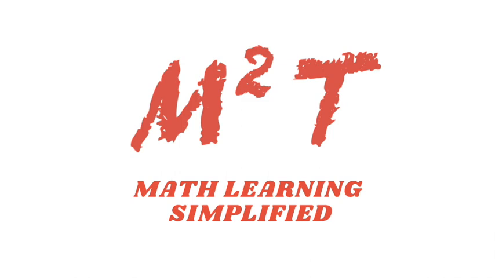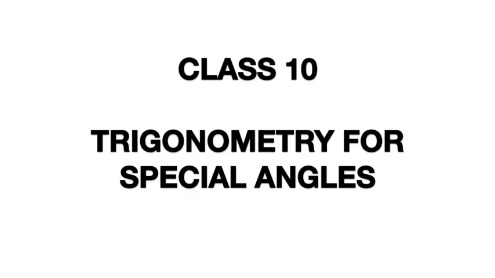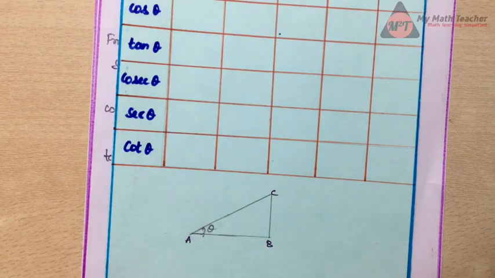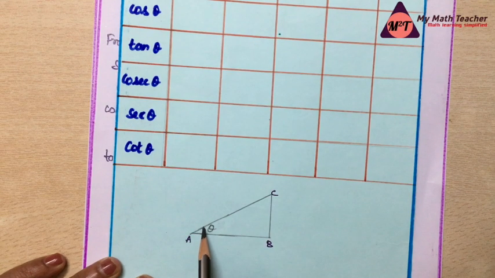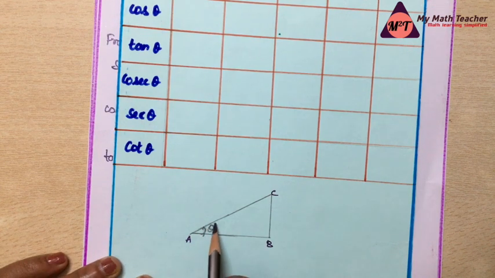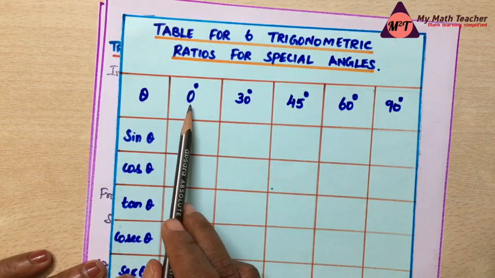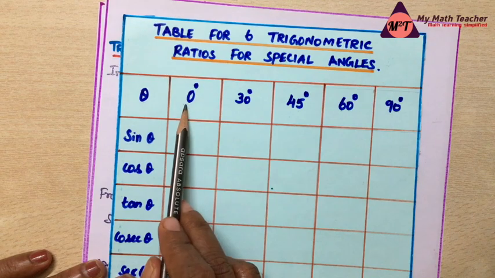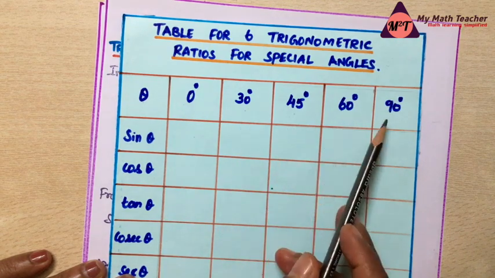In this video, I will teach trigonometric ratios for special angles. Consider this triangle ABC. As you can see, we refer to this angle as theta. In general, instead of referring to it as theta, what happens if we substitute any number? That is, if the angle is 30, what will be sine 30? So, cos 30, tan 30, that is what we are going to see. Let us see what the values will be if the angle is 0, 30, 45, 60 and 90.